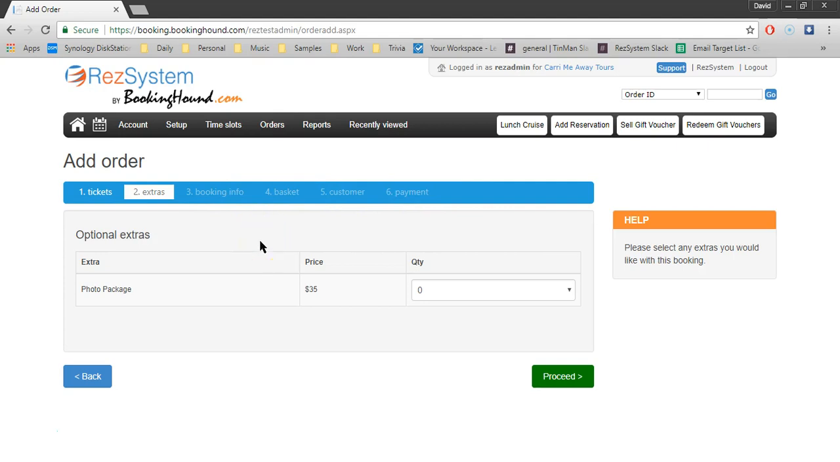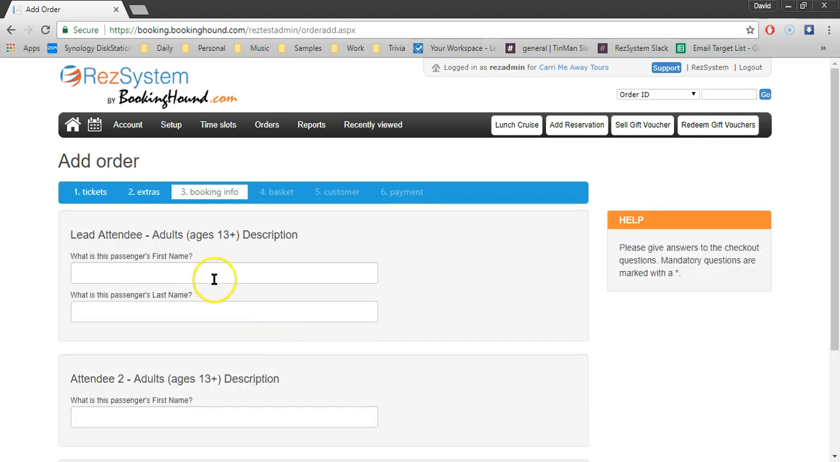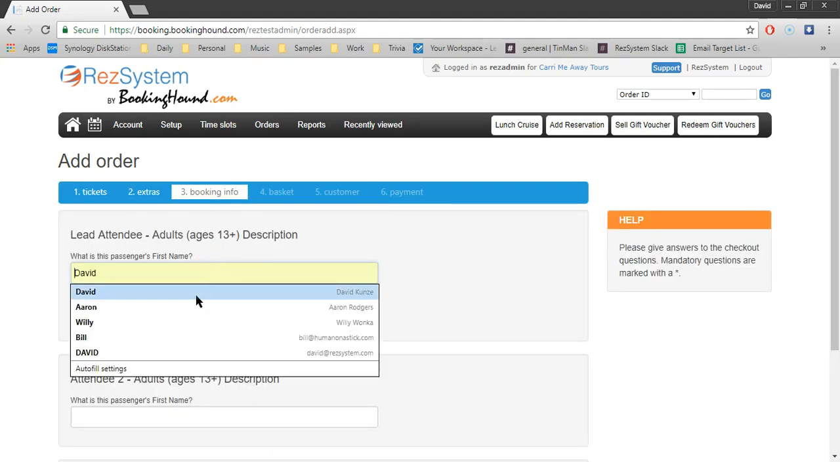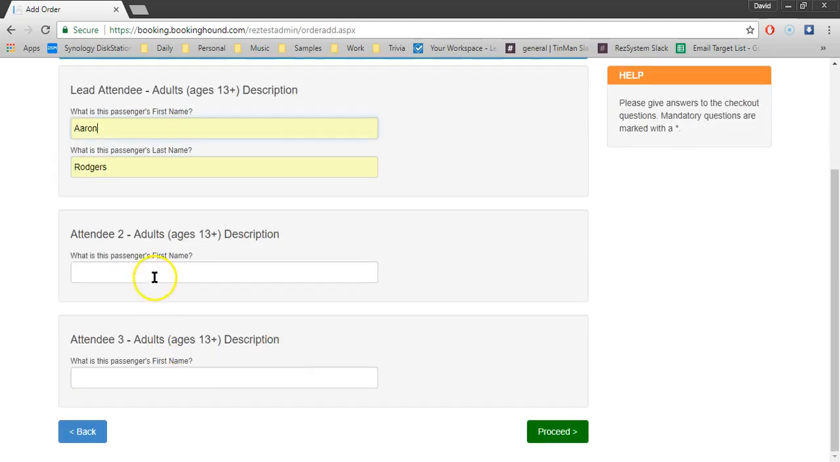Now again, some of this you might not have in your system. If you don't sell any extras, meaning cross-selling something, or have questions that need to be answered by the attendees, you're going to jump right from tickets to basket review. But in this case, we did set up extras and we set up some checkout questions. So I'm going to go ahead and fill out some basic information here and put in my passengers' names. And then I'm going to hit proceed, and it's going to then bring me to my basket review, which is